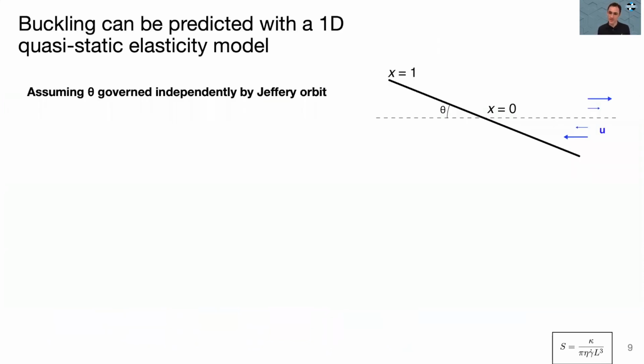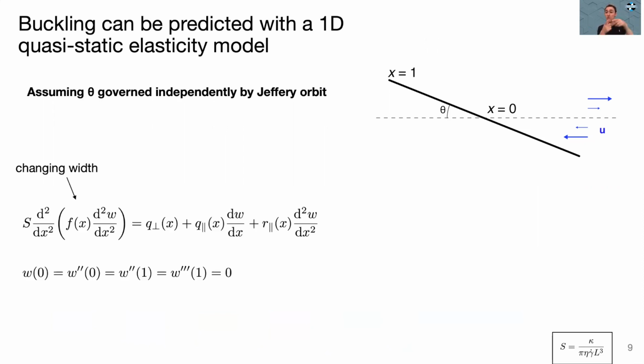In order to explain such buckling, we derived a 1D quasi-static model of elasticity governing small deviations from flatness. And I say quasi-static in the sense that the stresses we assume to be a function of the orientation angle in time theta, in turn governed independently by a Jeffrey orbit. I'm glossing over a lot of the details, but in this model, we've accounted for the changing width of the